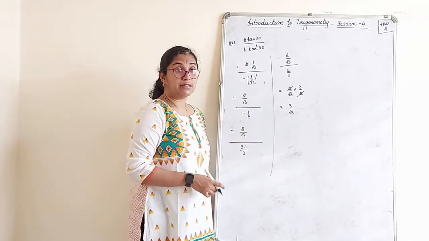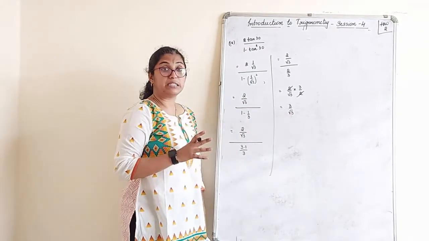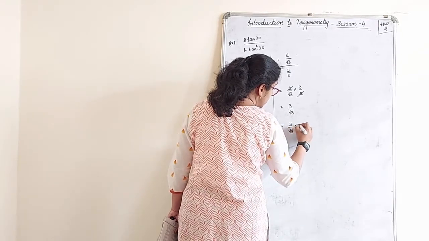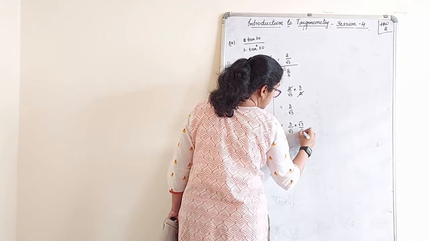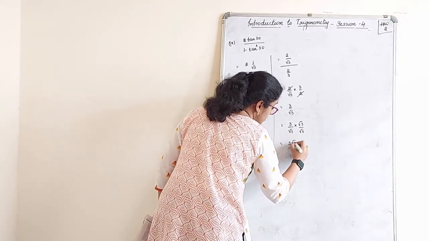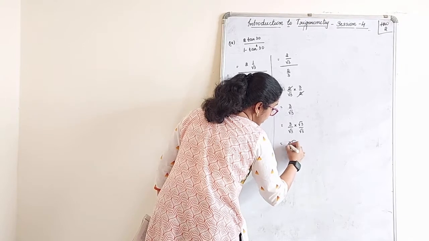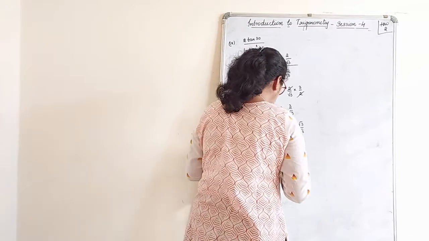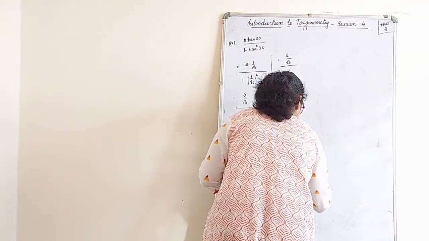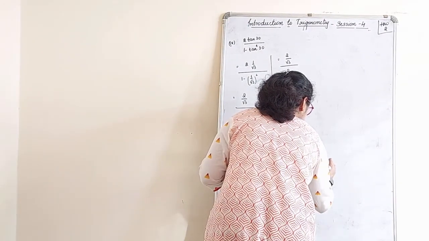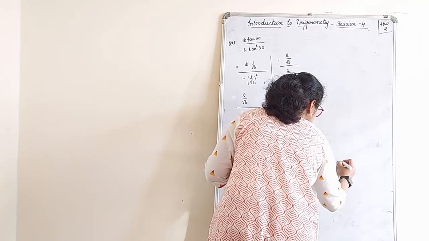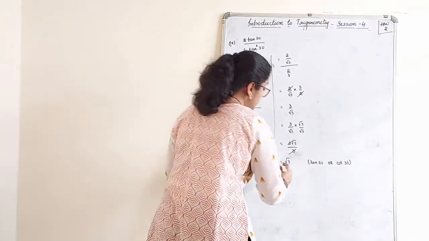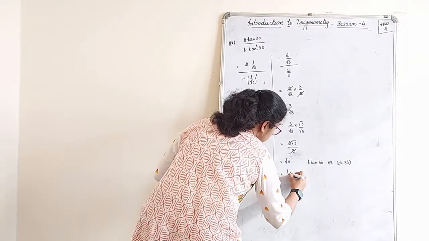But is my answer correct? Absolutely not, because the denominator is a surd, which it cannot be. 3 by root 3 into root 3 upon root 3, 3 root 3 upon 3. Answer is root 3. Now what are the options for root 3 here? It should be either tan 60 or cot 30. Which one do you have here? You have tan 60 as an option.